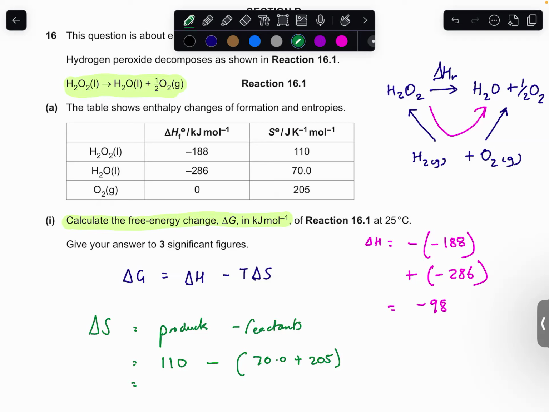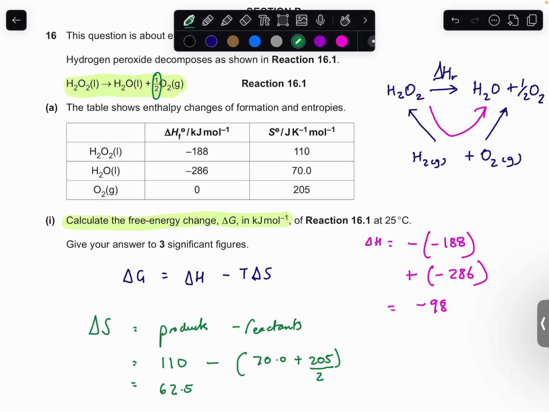Oxygen is half a mole. You see this half mole over here? So we need to divide the 205 by 2. So it's going to be 62.5, and you see it's actually